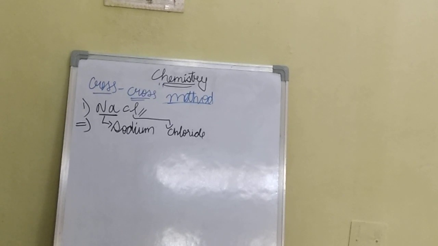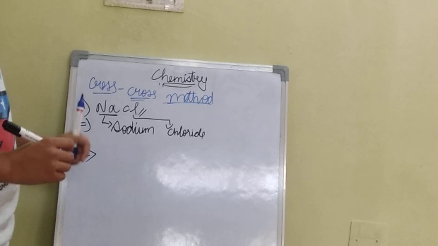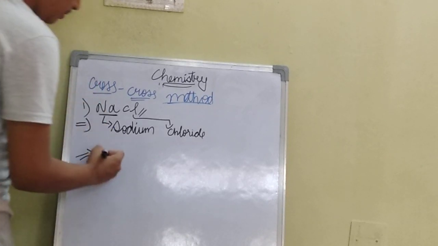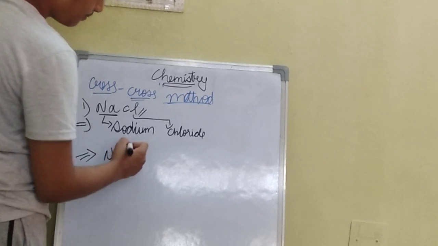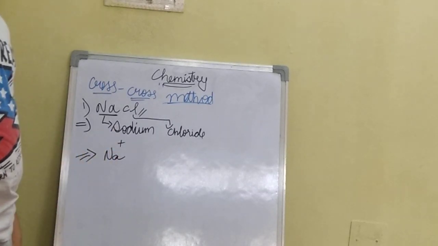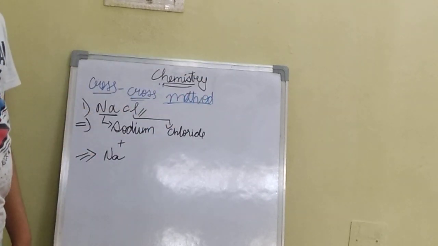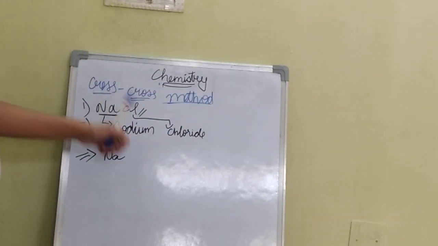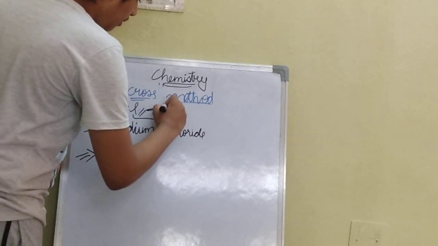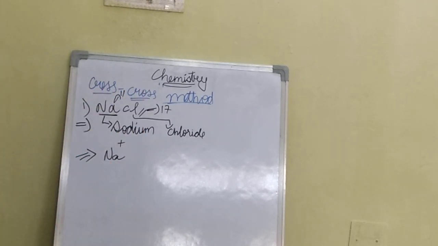Next, what should we write? Valence. I told you just now, it means to make it stable. What is the valence of Na? Plus. Why? Because the atomic number is 11. To make it stable, neon is 10. Plus means loss of electron, so it will be 10, equal to neon. Chlorine: the atomic number of chlorine is 17. Sodium atomic number 11.